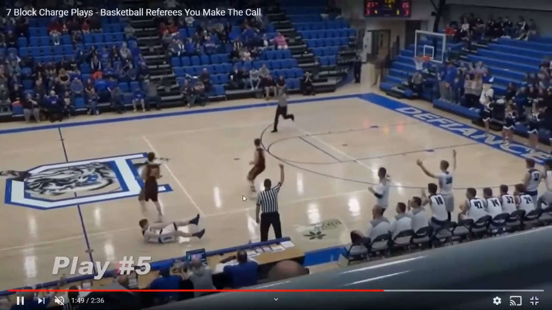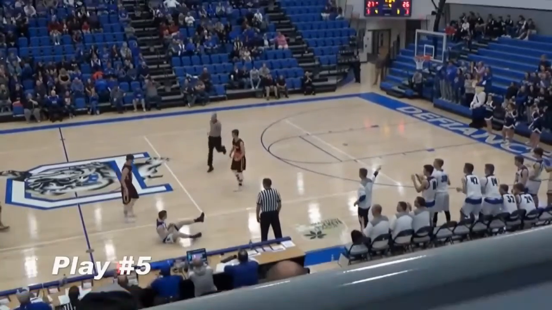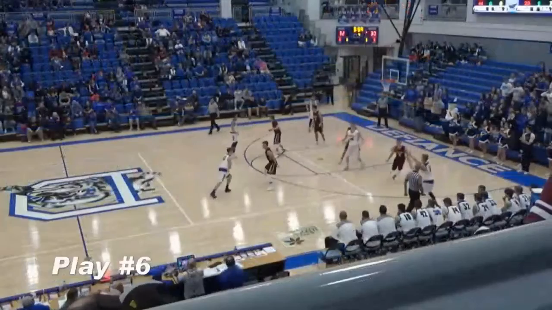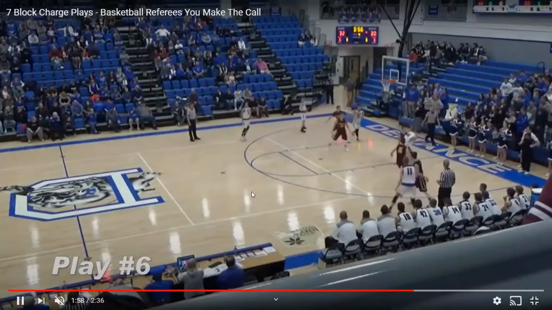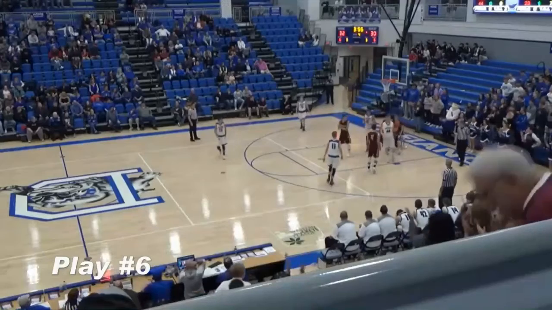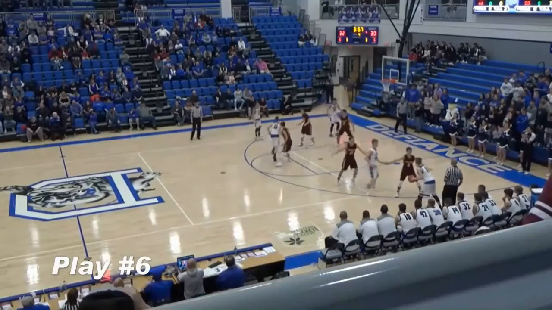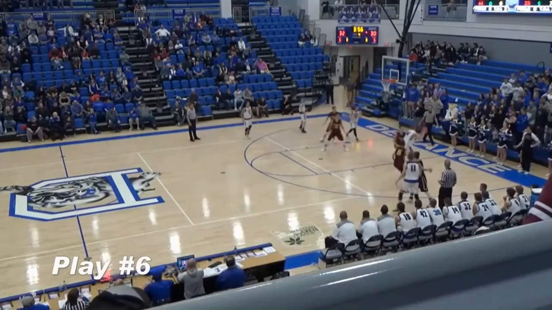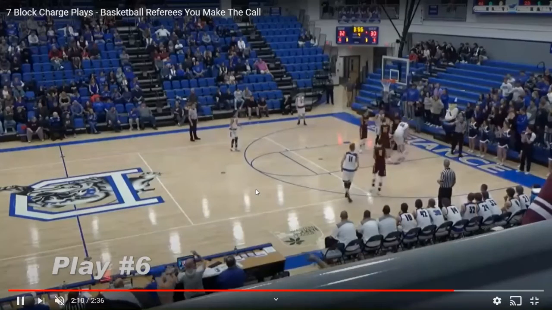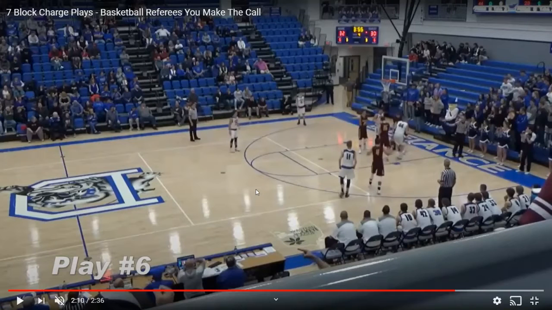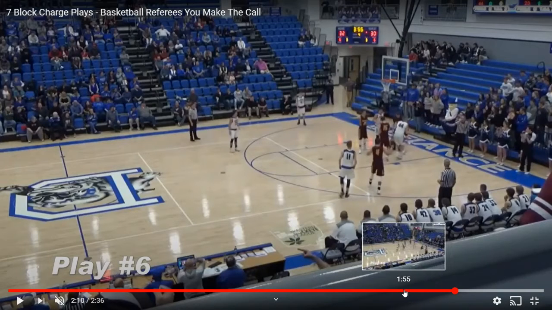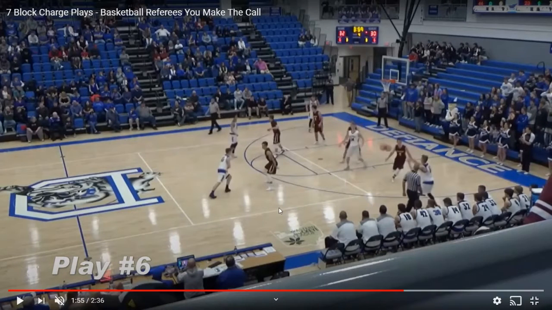Next play. So we have a pass into the post and the lead just coming over. So nobody else has even really rotated yet, but the lead has just crossed over the near lane line. I think, again, looking at the play, I think we got the call right. It is very close, but he sees the entire play. If you could play this through, Chris.